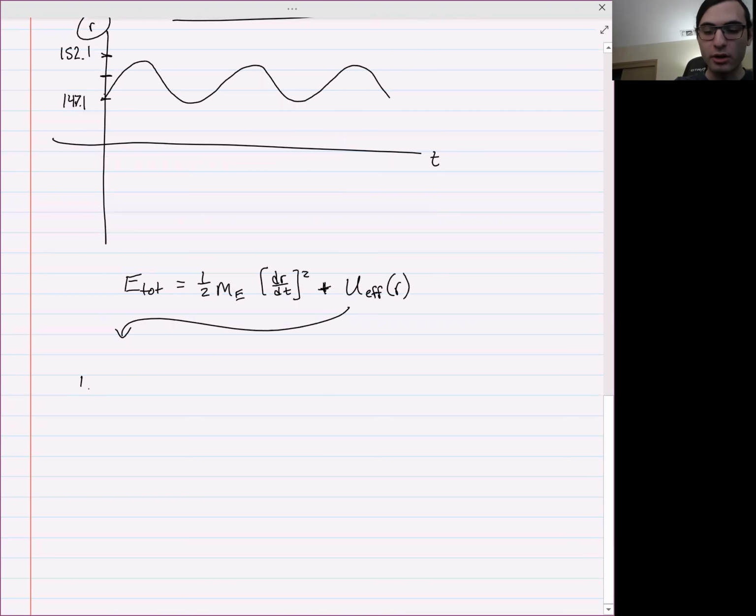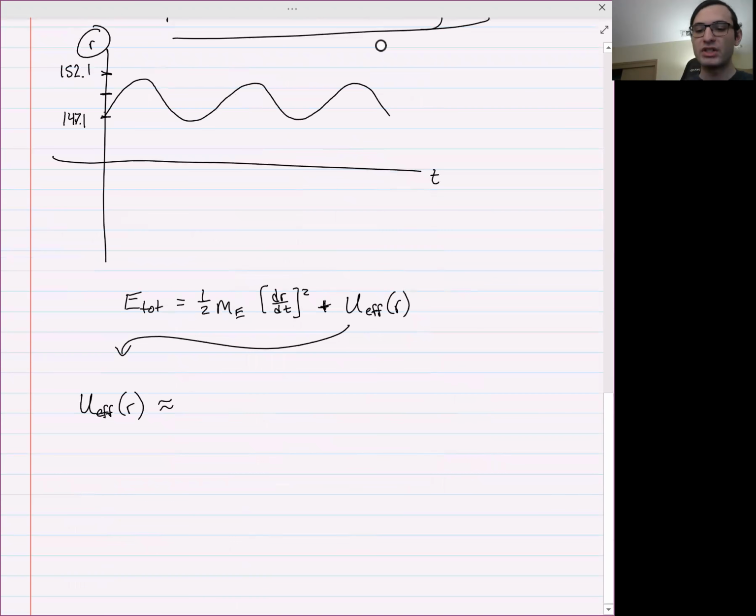So now we just have to write an approximation for the effective potential of R, and we want to expand about R equals R naught, which is what I labeled here. So this would be approximately equal to the effective potential at R naught, plus the derivative of the effective potential at R naught times R minus R naught. I'm just doing the Taylor series now. Plus the second derivative of the effective potential, evaluated at R naught, divided by 2,